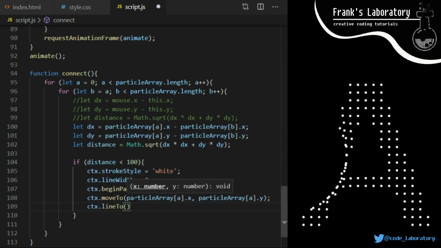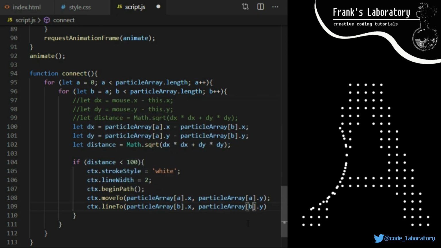This method, simply said, creates a straight line from coordinates we pass to it to the last previous point inside the same path. Start and end of path on canvas will be defined by begin path and close path method calls here. So I call line to and I pass it x and y coordinates of particle B that passed the distance check. Now that you kind of understand how paths and lines work, you might be able to see that we can keep drawing more and more paths like this and create custom complex shapes, but I only want to draw a single line connecting particle A and particle B.